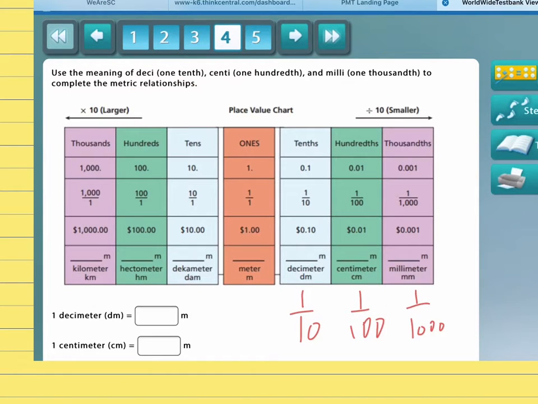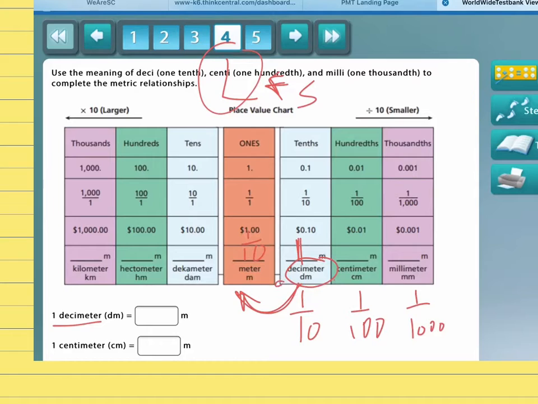Have somewhat of two problems in one. So they're asking us first is that you have 1 decimeter and you're changing that into meters. So you're going from a decimeter, which is a smaller unit, and you're changing it into a meter, which is a larger unit. So you're actually going to be dividing, because there's less larger units than there are smaller units. So you're dividing by a factor of 10. So you have 1 decimeter is equal to 1/10 meter, or if you just have your decimal point right here and you move it over 1,